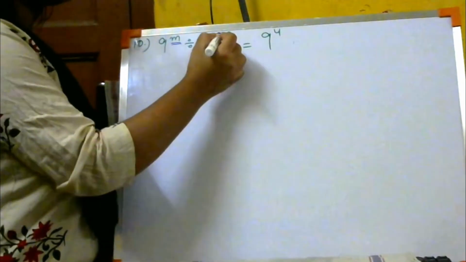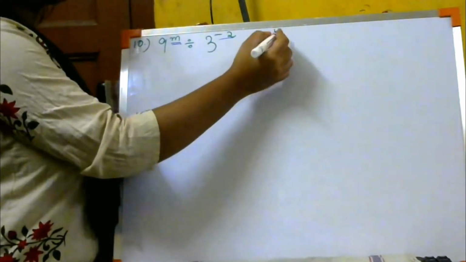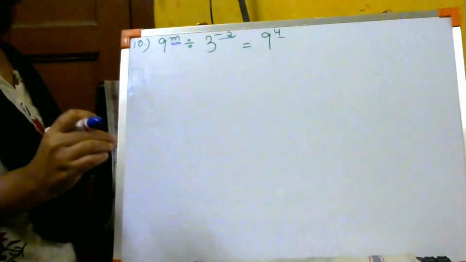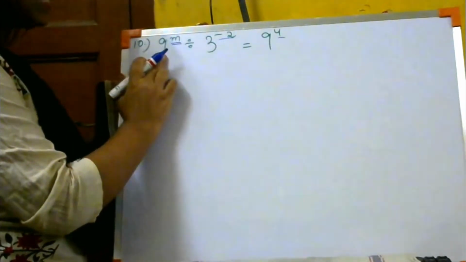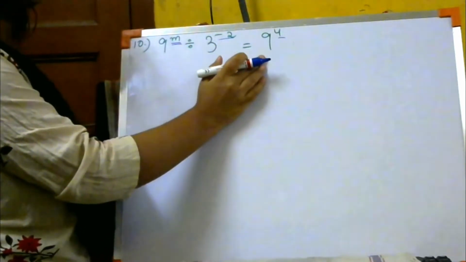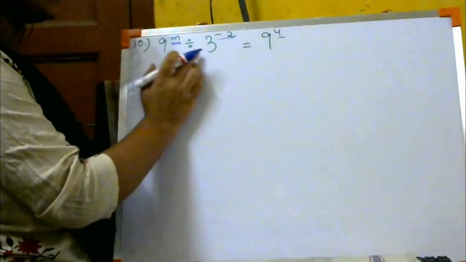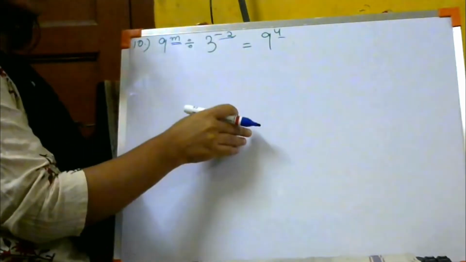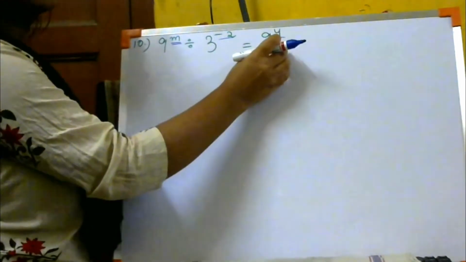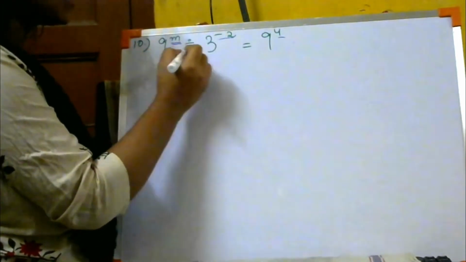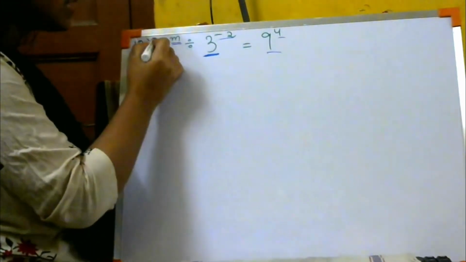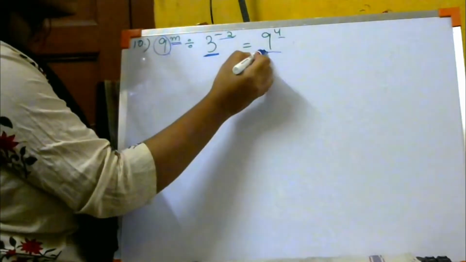Whereas they have given you that 3 to the power -2 equals 9 to the power m, the whole to the power 4. Now what do we do over here? The basic thing we do: 9, 3 and 9 is over here. The 3 of them goes in the tables of 3, isn't it? The 3 numbers over here go in the tables of 3. That means I can break 9 into the form of 3. This 9 also I can break in the form of 3. Which is the lowest number here? 3, right? 3 is the lowest number. So I have to change this also in the form of 3, this also in the form of 3.